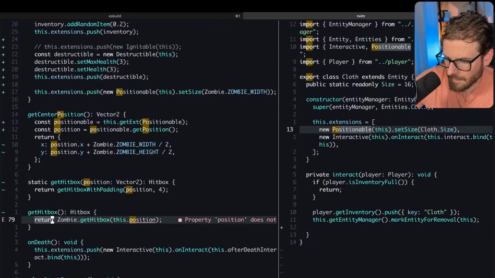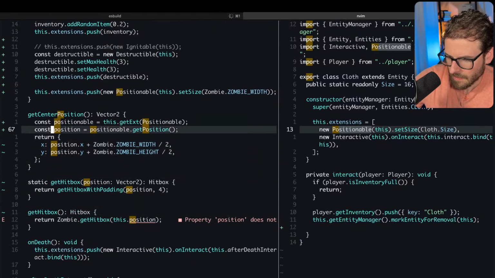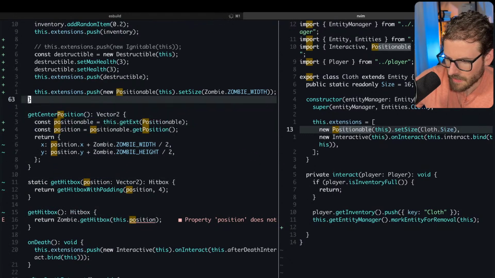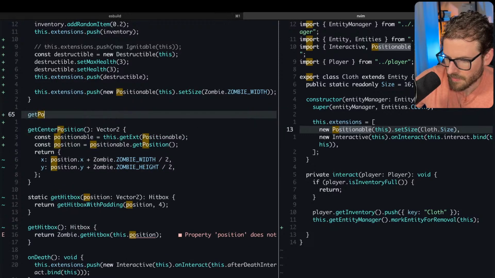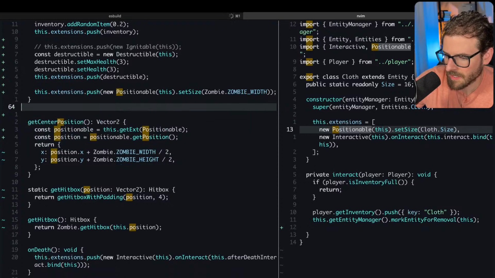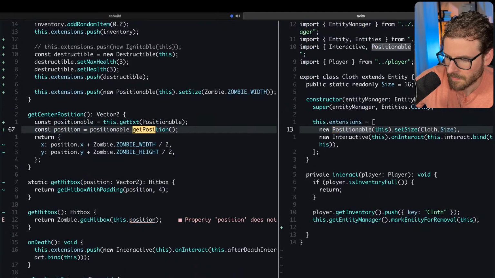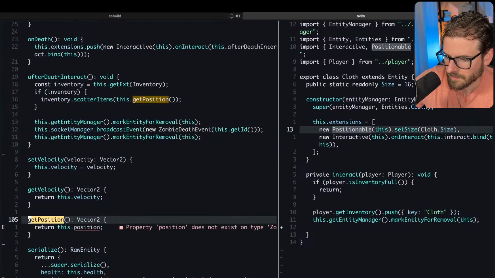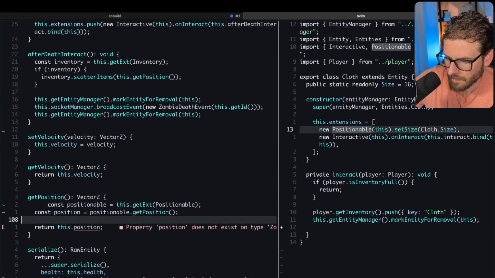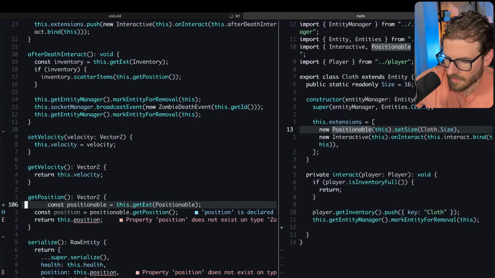Okay. Probably should, okay, get position. I'm just gonna abstract this away. No, because then I just deleted those. Yeah, let's do that.